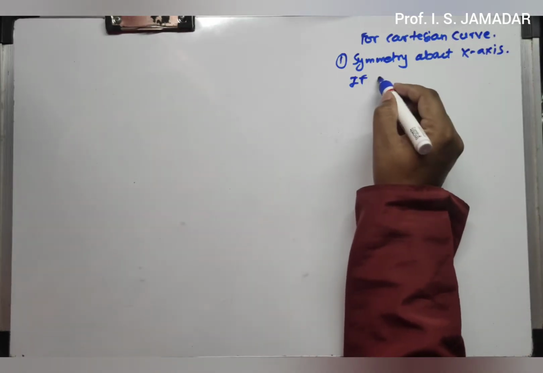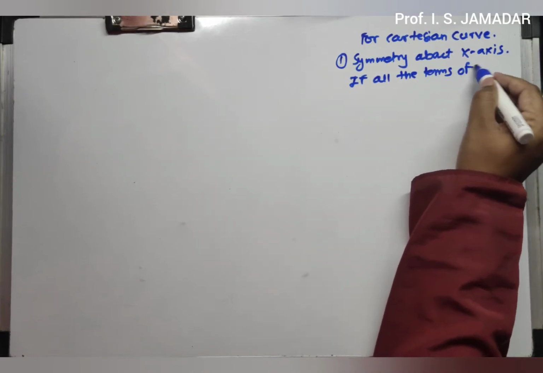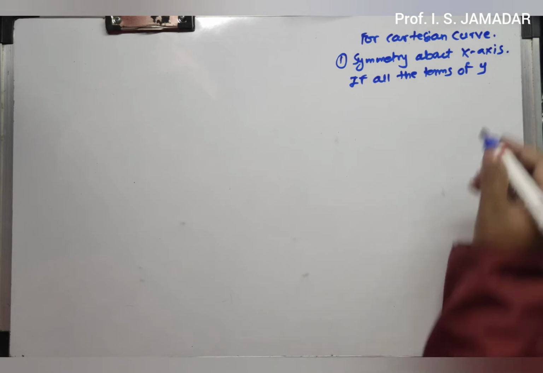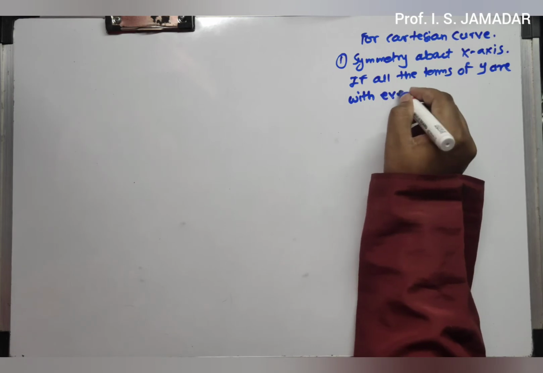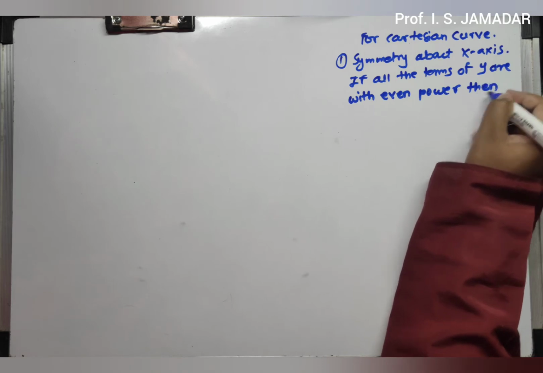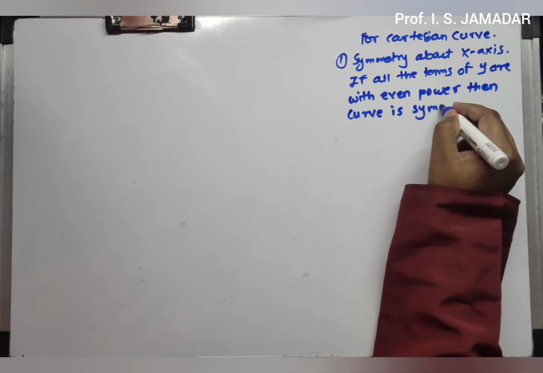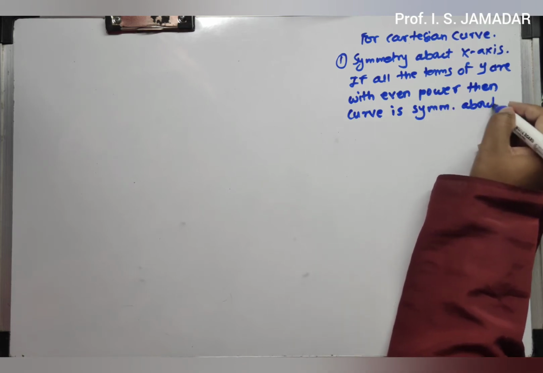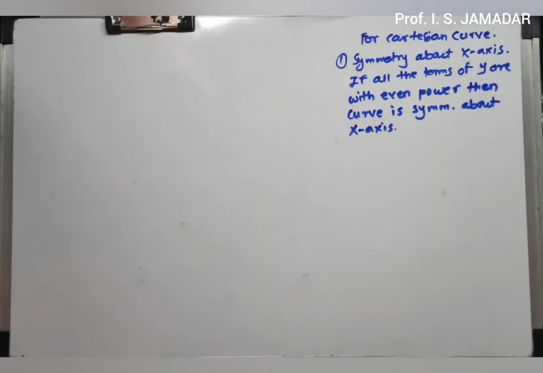If all the terms of y are with even power, then the curve is symmetric about x-axis. Note that this is opposite. If all the y terms are with even power, then that curve is symmetric about x-axis,